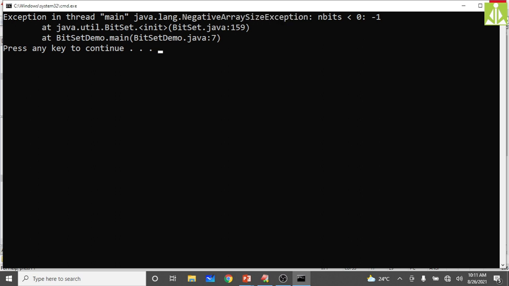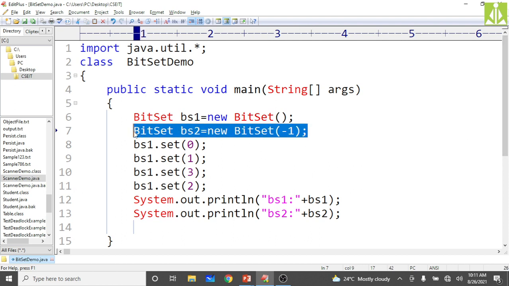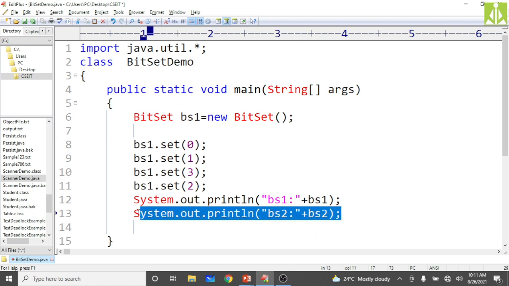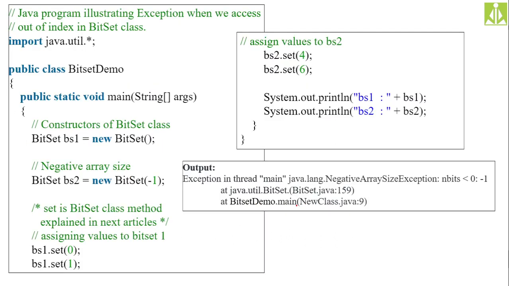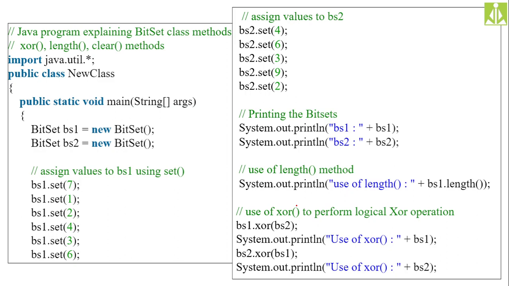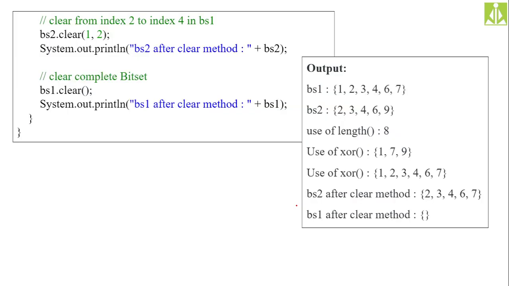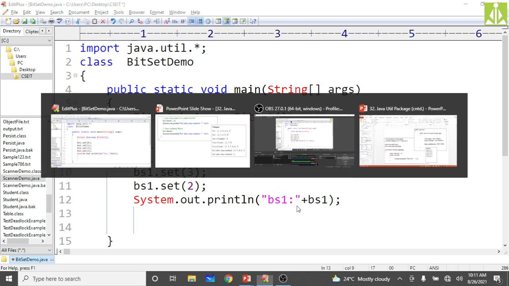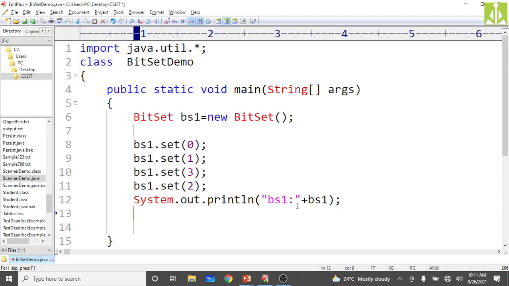So the next thing is to use the clear method on the bit set. So here you remove this second one and I demonstrate that one only with the help of this. First we are printing the bit set, then we are applying the clear method on the bit set. We have two different ways to clear, but first we go with the regular approach only.